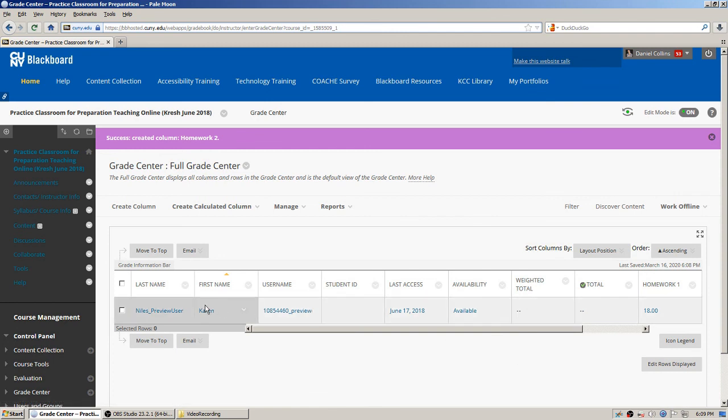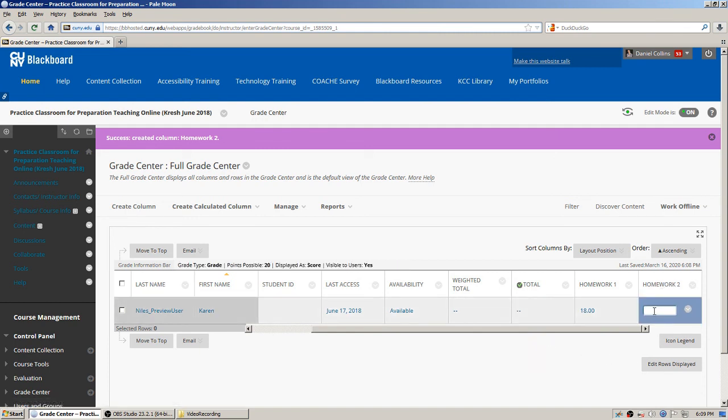Great. So now we're getting quite a few columns here, and I will use the scroll bar to move over to the right of the grade center, and you can see that's where the new column showed up. And hypothetically, let's just say our student got 15 points on this assignment. All right, now it's time for a test. Really not going to be any different actually if I'm giving a